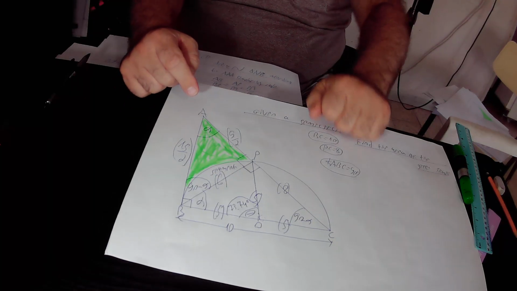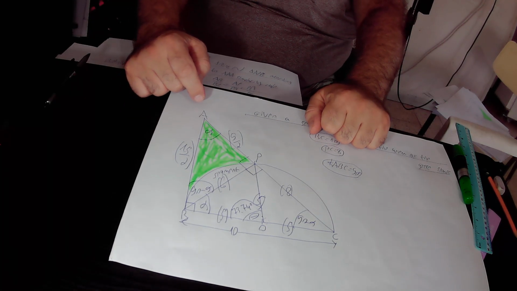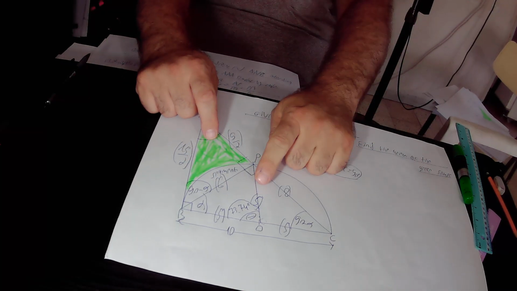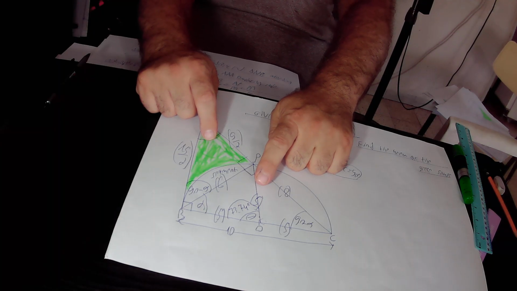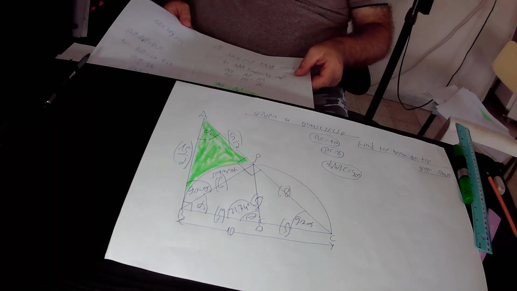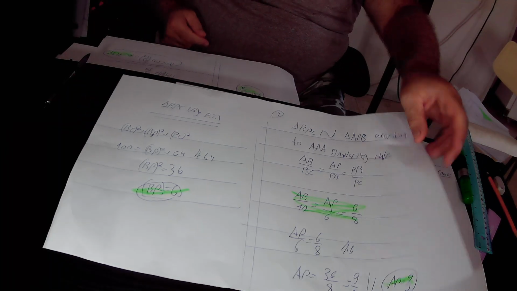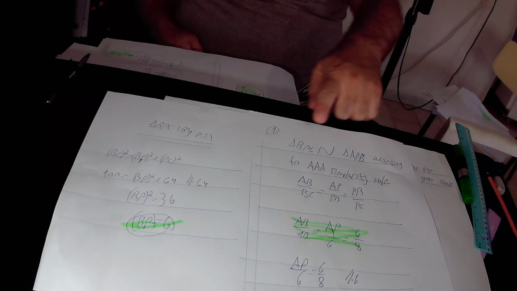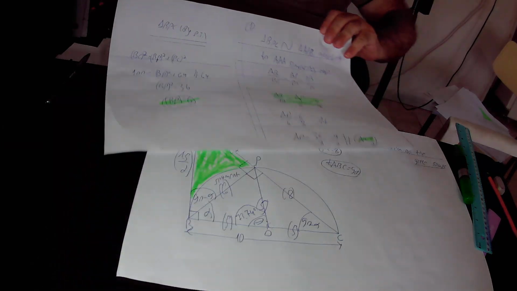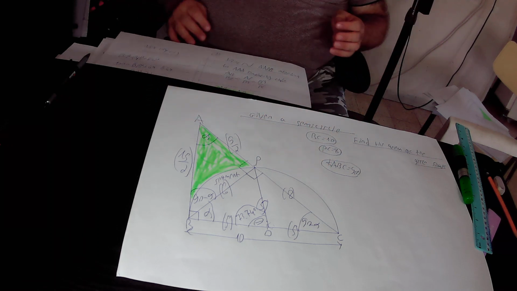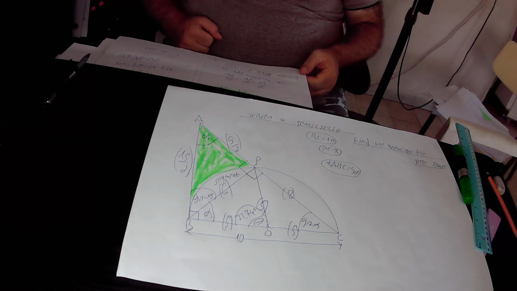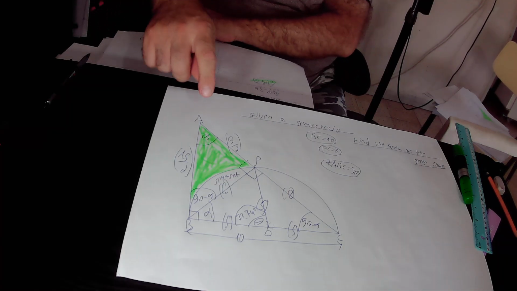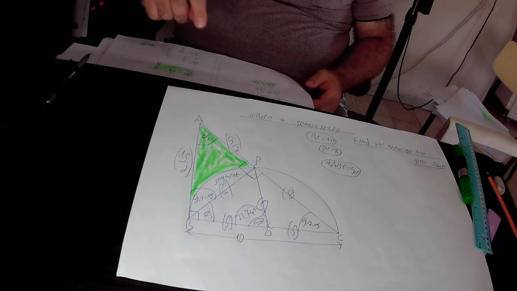So we proved that all the angles of the right triangle APB are correspondingly equal to all the angles of the right triangle BPC, and therefore those two right triangles are similar to each other according to the angle similarity rule. So together we found out that the right triangle BPC is similar, this is the sign of similar, to the right triangle APB according to the angle similarity rule. And from the fact that those two right triangles are similar to each other, we derive that the following relationship exists between their sides. We derive that side AB of the right triangle ABP over side